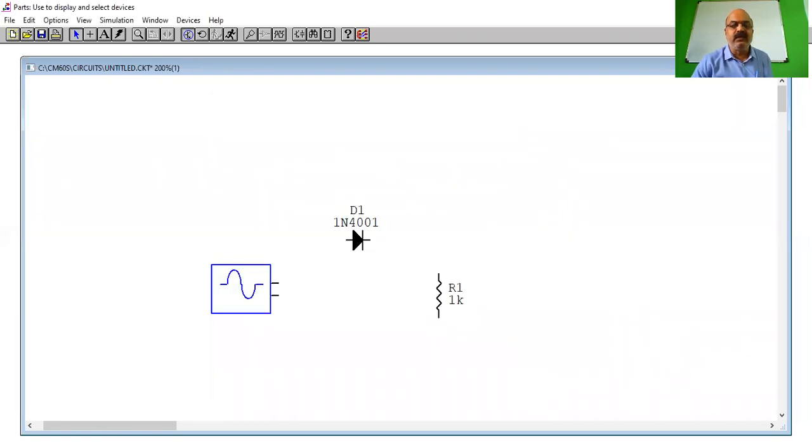So this signal generator is moving with my mouse. Now I will left click it. Now it will be placed on the screen. Wherever I want, at that place it will be placed. Suppose you want to change its position. Now I want to take it back.